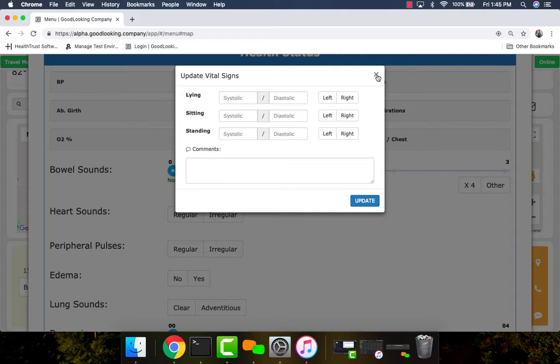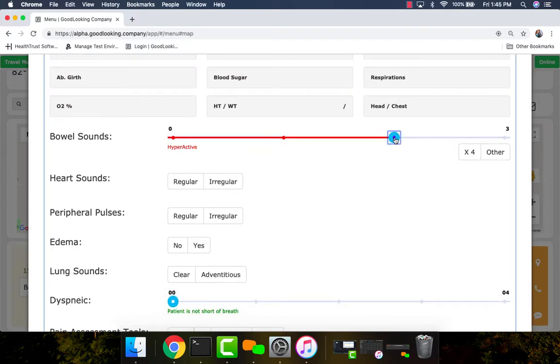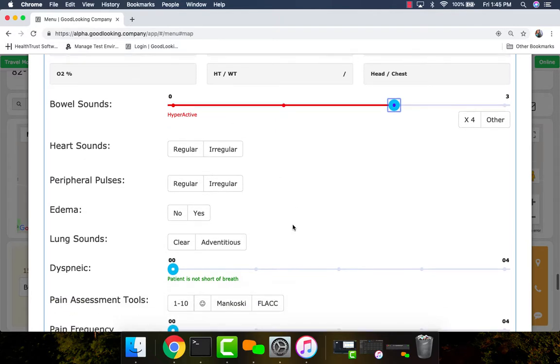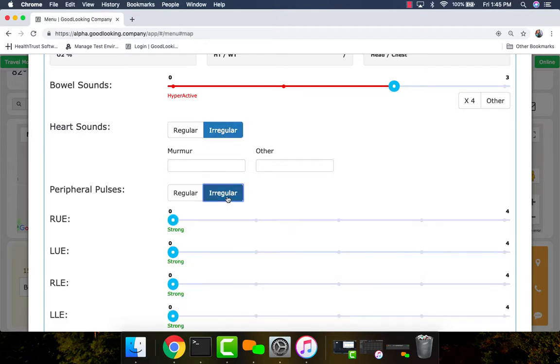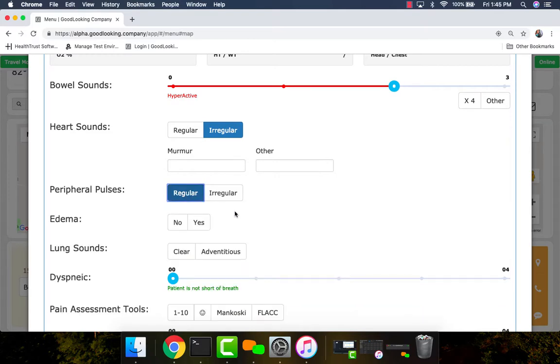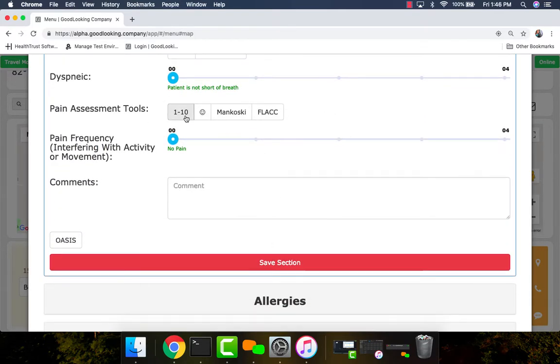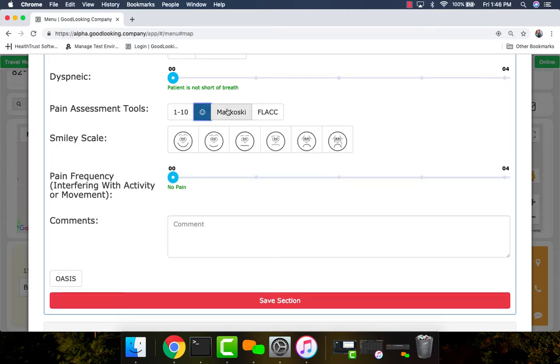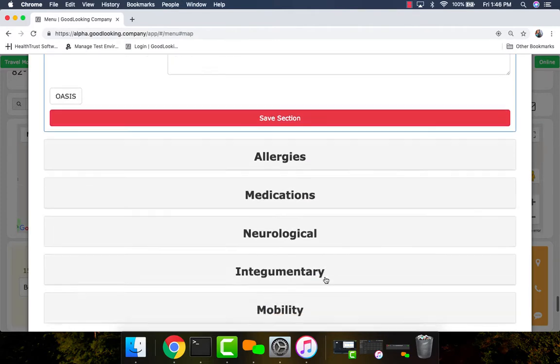After you set up your plan of care with vital sign parameters, we will notify you if any of your vital signs are out of parameter. And just like before, we only ask you additional questions if there are irregularities. So it makes it very simple for you to move through the system, only answering the questions that are applicable to that particular patient. You have multiple pain scales built into the system with scoring capabilities,